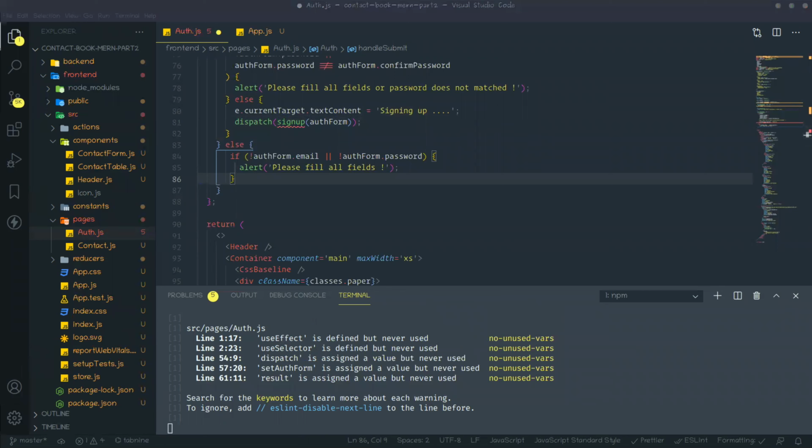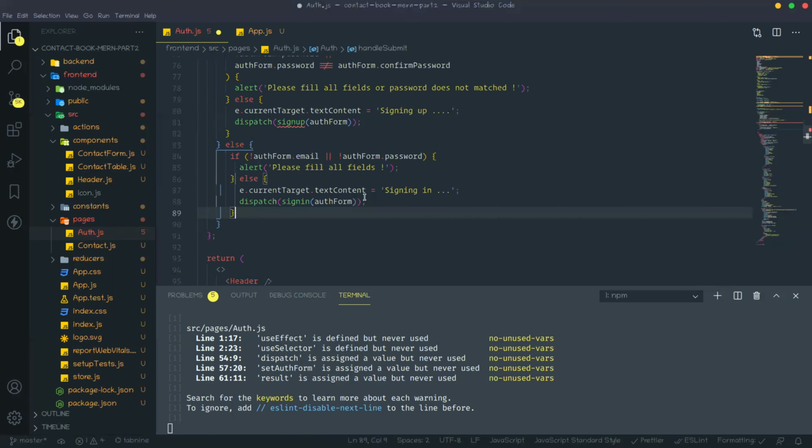If not, then we need to change the text content to signing in and then dispatch the signIn action. And the same parameter and the same object need to be given. Okay, so all done. Now we need to create these two actions.